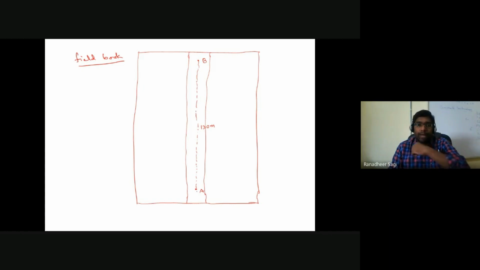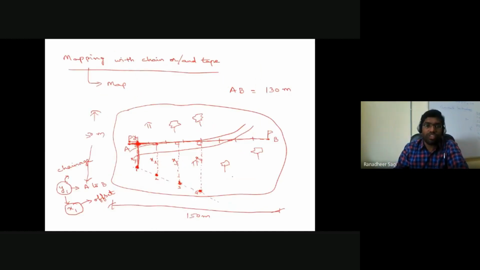We said by placing the chain from point A towards point B, when I have traveled a distance of y1, that is, for a chainage of y1 distance, for an offset of x1, if you want, you can go back to see how exactly is the position of your electrical pole. With respect to line AB, where are your electrical poles? Electrical poles are on the right side of your line AB.